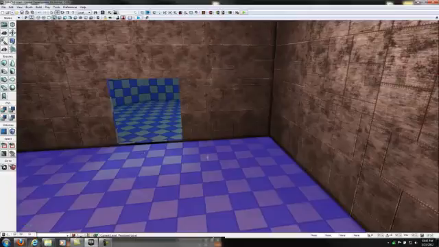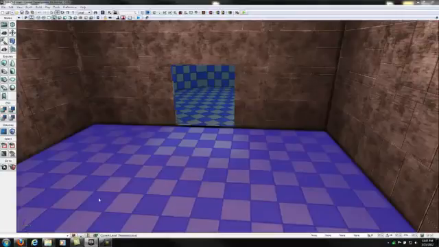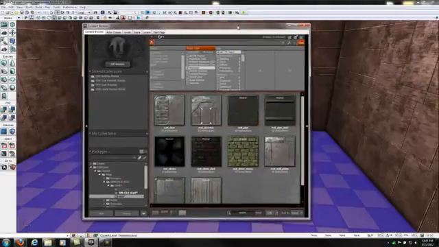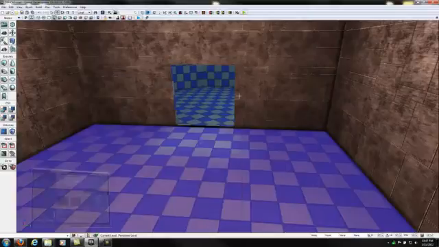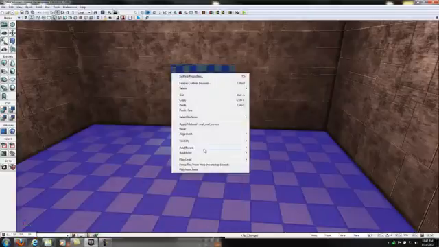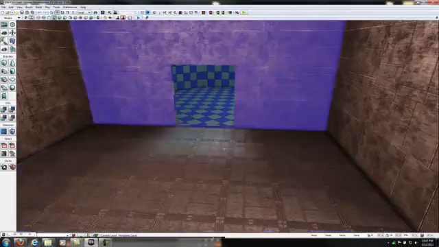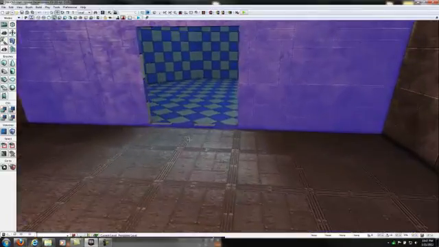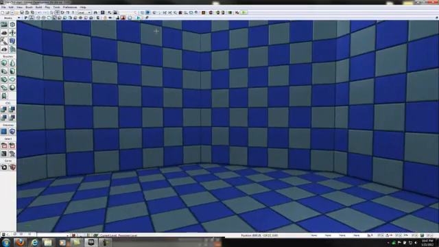And then for the floor in the square room, just open up your generic browser and click on mat wall screws, and you see that it's highlighted with the red box around it, and then right click and apply material screws on the floor of your square room. Then let's move to the